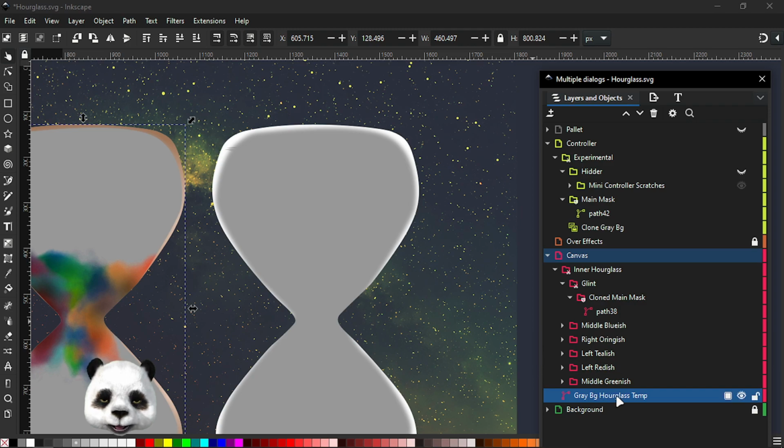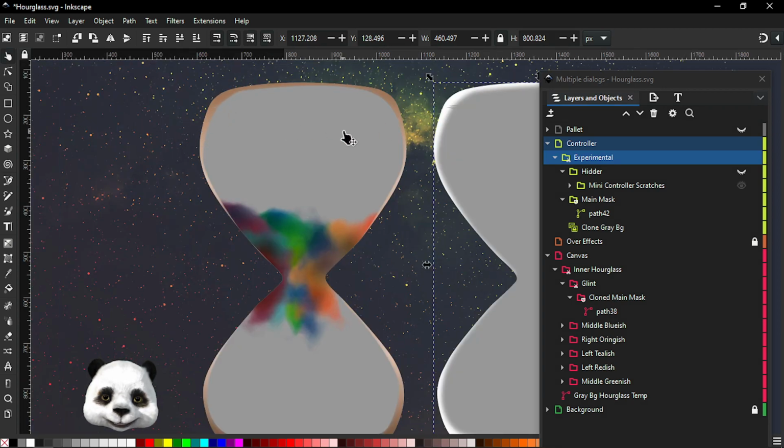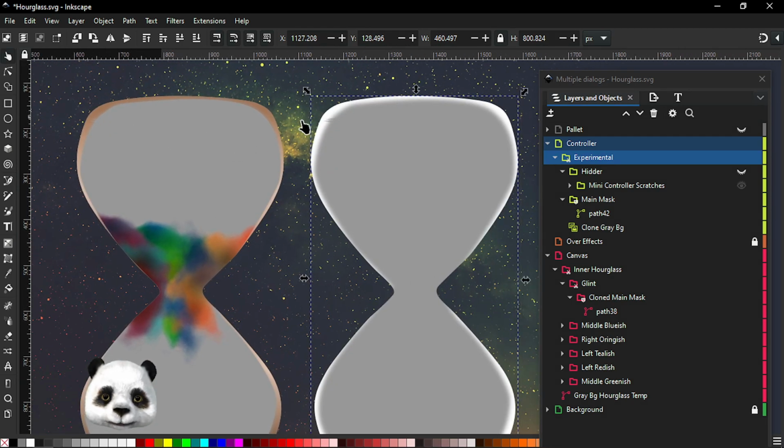So, first of all, I've created a clone of this. Then I have caught everything inside here. So basically, what is inside here? Well, we have this main mask, which is this white. It's exactly the same shape as here, but I copied it over here. Initially they were overlapped and then I moved the entire clone, so the entire controller, sorry. I've made this one white. And then